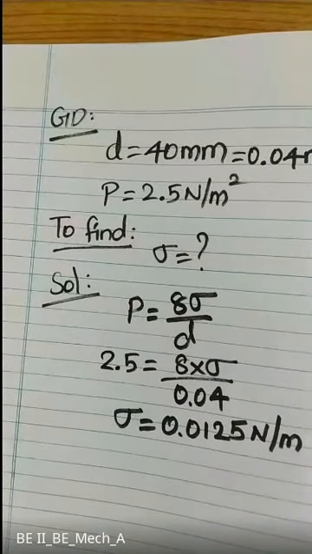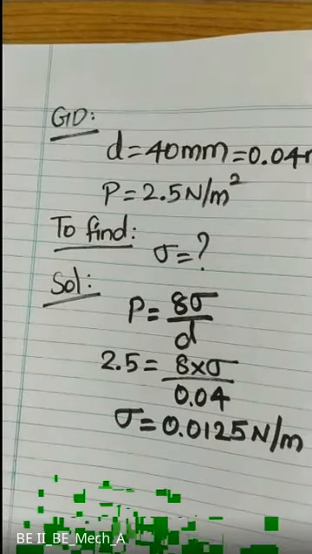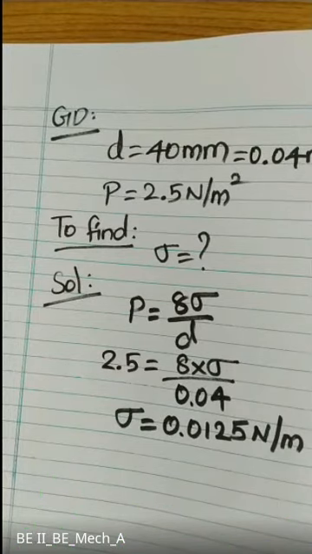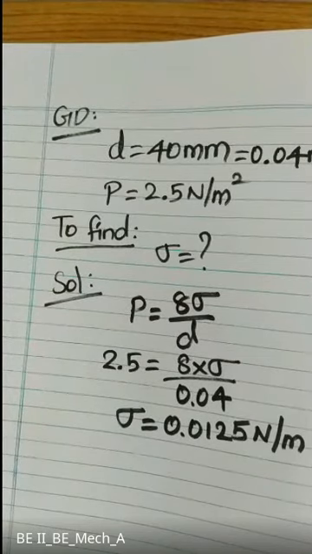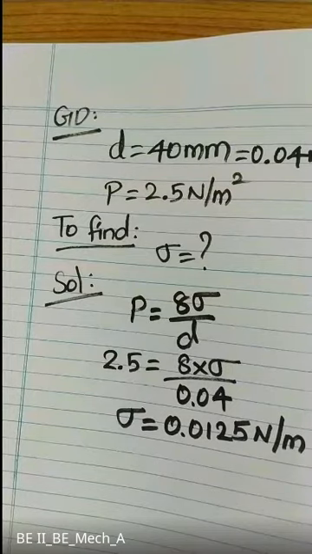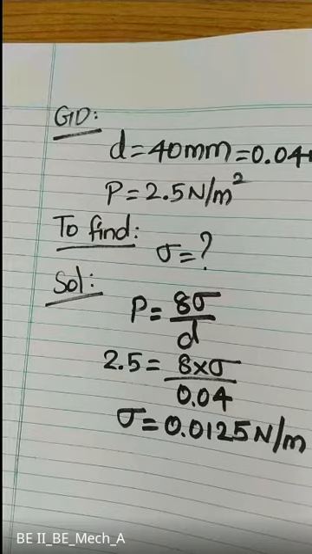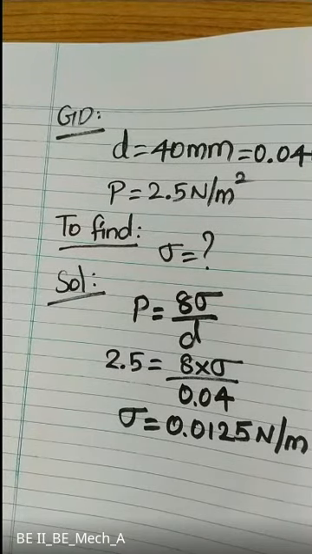Okay, so it is our third problem. You can note down the third problem. The pressure outside the droplet of water of diameter 0.04 mm is 10.32 Newton per centimeter square.